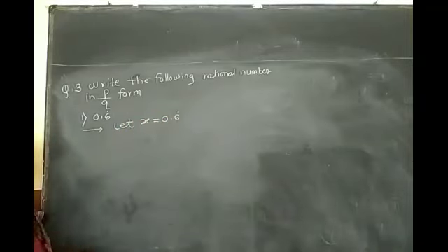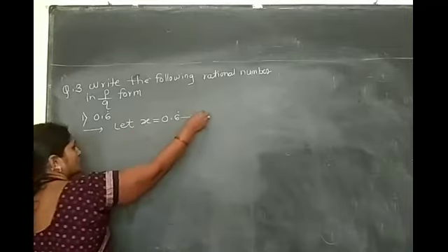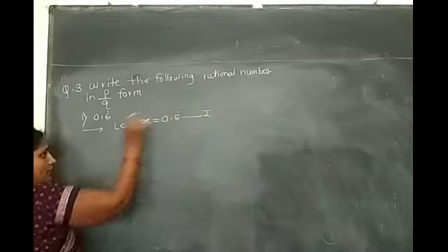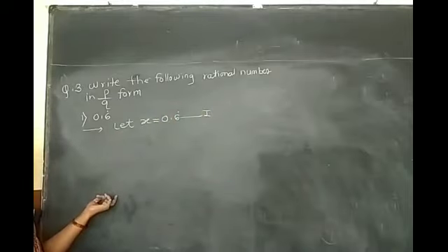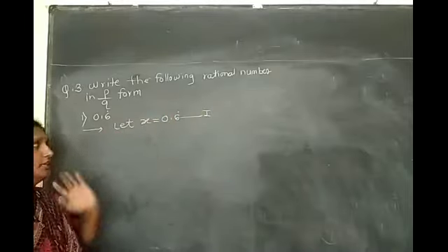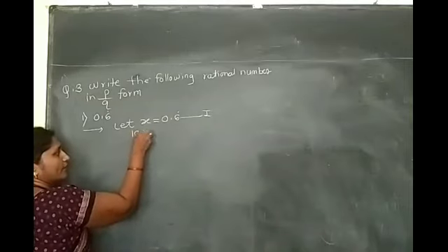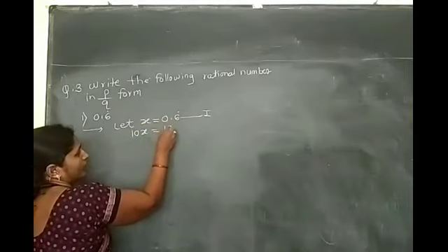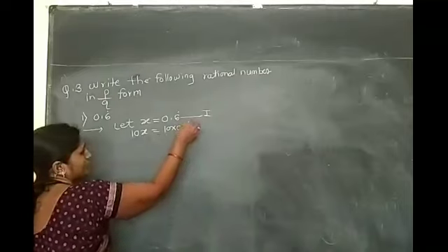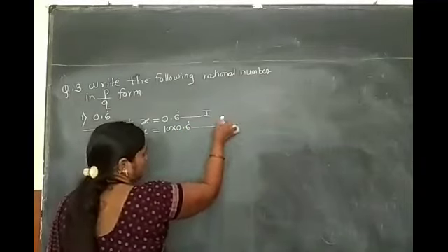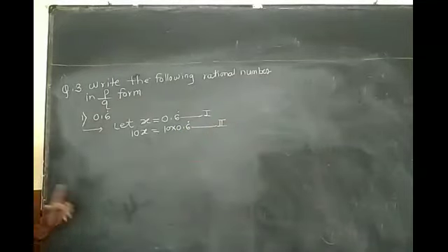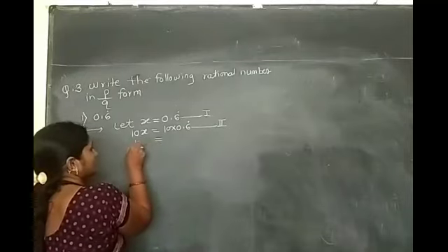Then let x is equal to 0.6 recurring. This is the first equation. Here, multiply by 10, because 1 decimal point is recurring. Both sides multiply by 10. 10 into 0.6 is the second equation. Then here the multiplication is